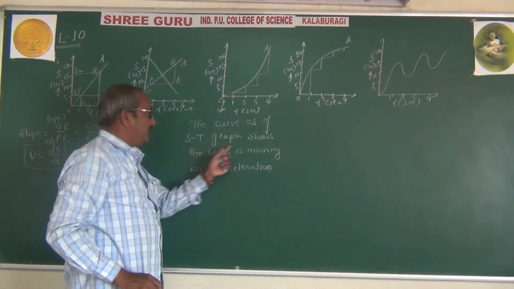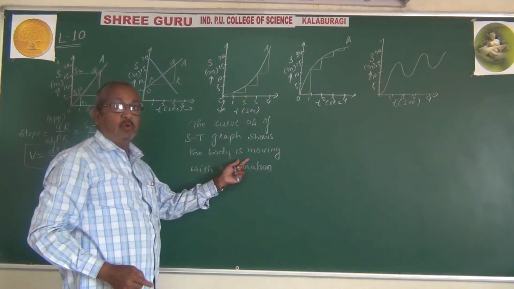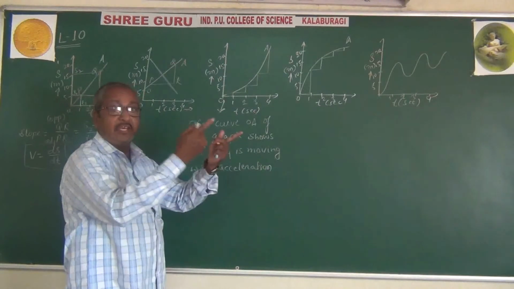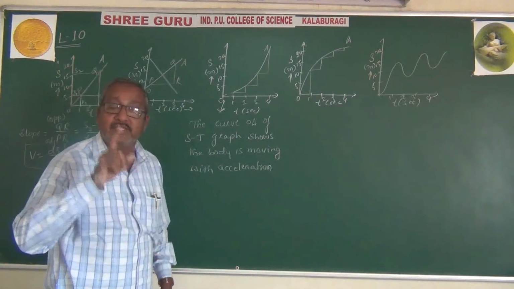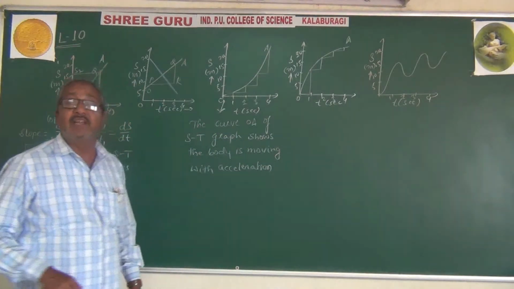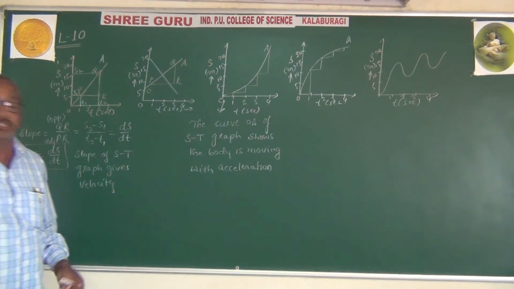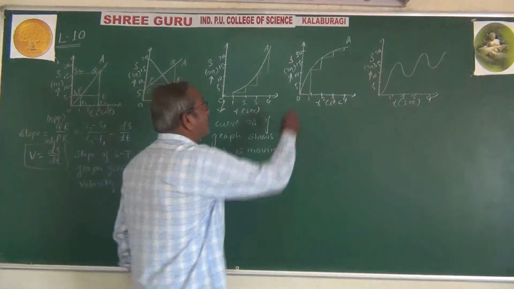OA shows the body is moving with negative acceleration. This is positive and there is a negative acceleration. But negative acceleration we will call deceleration. Negative acceleration is called what? Deceleration. So therefore this curve,